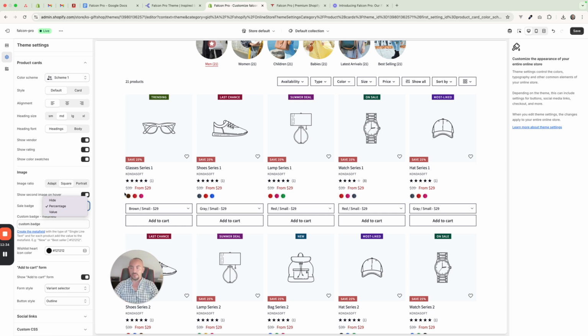You can choose the percentage or the value. If you don't want to show the percentage, but how many dollars are in fact your customer savings, you can choose value here. And of course, if you don't want to show that at all, simply hide it. Okay, then we have here the custom badge,